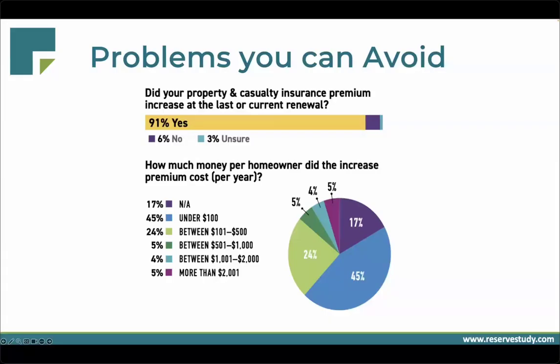Now, another reason to update your reserve study annually is because your operational costs are also increasing. So based on an April 2023 CAI SNAP survey that represented at least 10,000 communities, it found that 91% of these communities had insurance premium increases. 50% of these respondents had to then raise their dues to pay for increases. And then 7% of them had to special assess their owners.